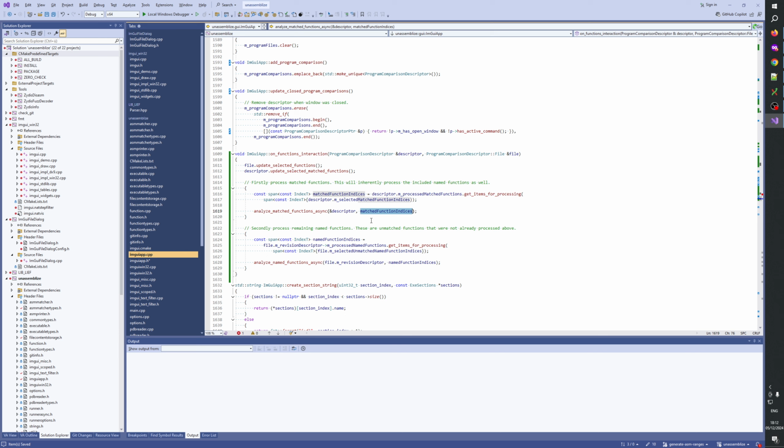Process matched functions. Matched functions. Actually, what we can do is we can